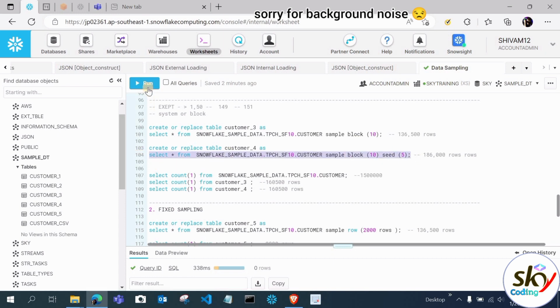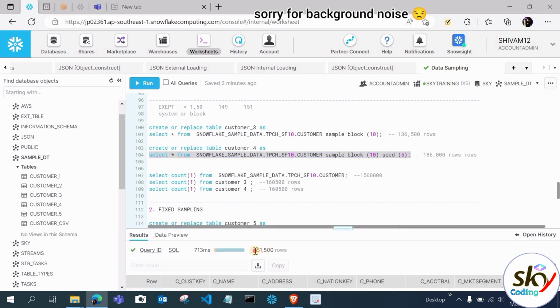So now let's execute this again and check the data. You can see we got 1,51,500. Now let's paste it here: 1,51,000. Whenever I execute this again, we will get the same data only. You can see we are getting the same data, 1,51,500, and when I execute this again, you can see 1,51,000. So we are getting the same data.